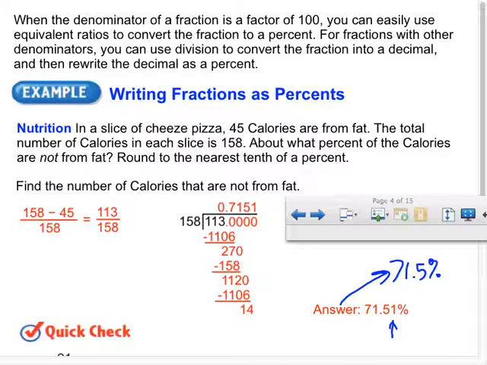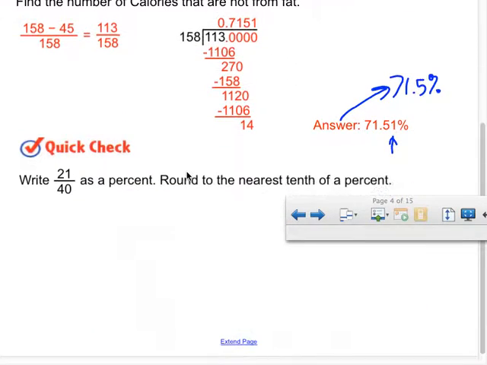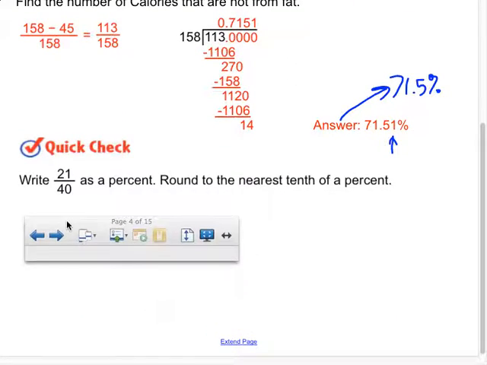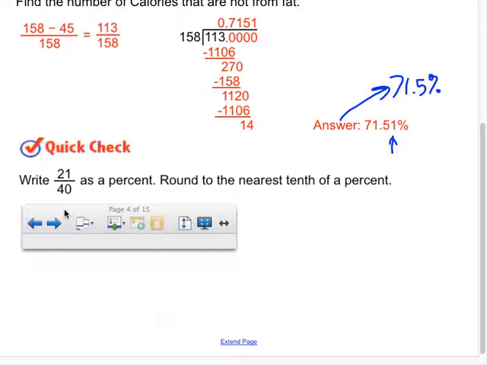Okay, now, next problem. This one's a little easier. Write this as a percent. Round it to the nearest 1/10 of a percent. Some people are just getting started, so I want everybody to